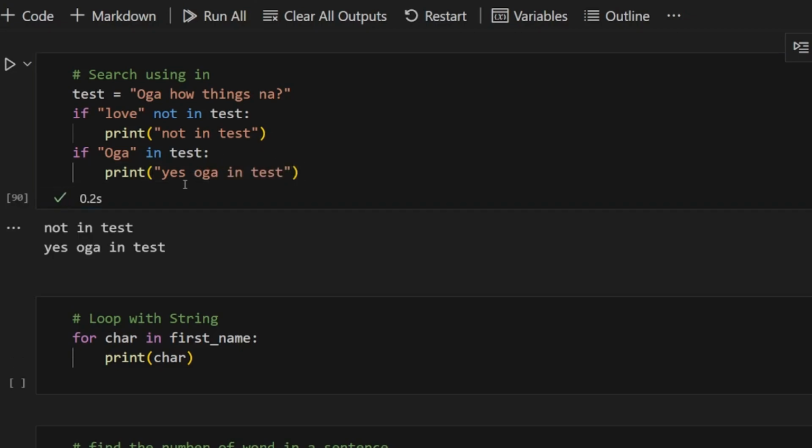So we'll run this again. The first one prints love not in test. The second one, yes, Oga in test, because it will search through our test and find that Oga is inside. So it prints our command.